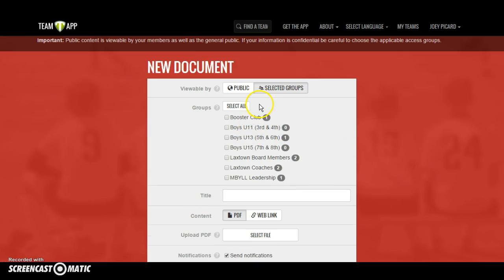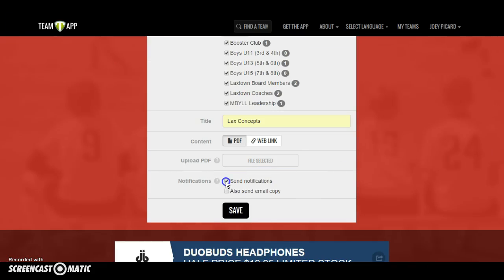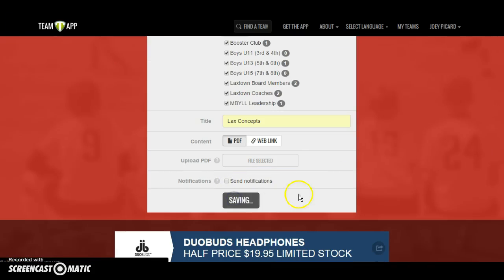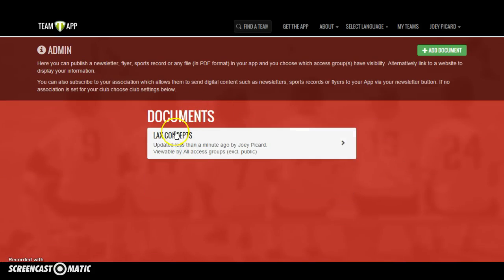Similar to our news feed and our events page, you can select which groups get to see this document. You can give it a title. Maybe we want to add our Lax Concepts page, which is a PDF. I select my file, I add my document, click Save, and when they come to my Documents section, I have